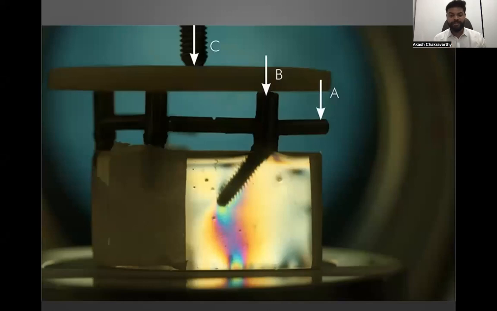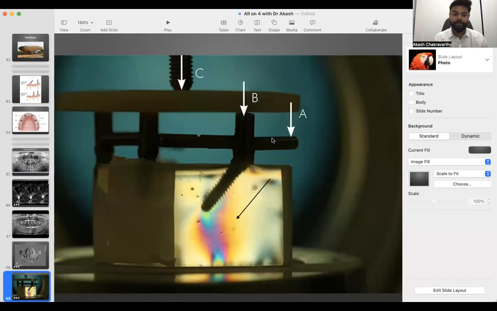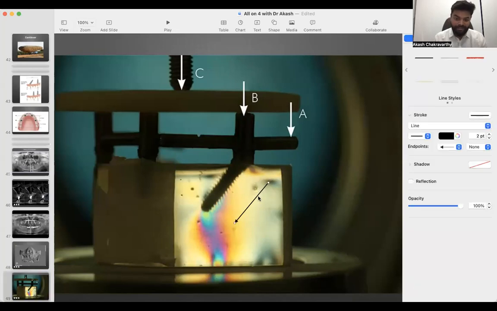Now, this picture depicts why a tilted implant takes up cantilever forces better. Let me get my cursor back. You see there's a tilted implant over here and you have a prosthesis and a cantilever over here. When you give force on the cantilever prosthesis in this direction, when you give stress over here, the strain will be in this direction, right? If you just extend the arc of the strain, it goes in this direction.